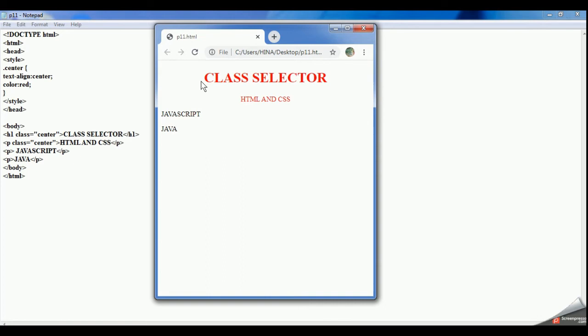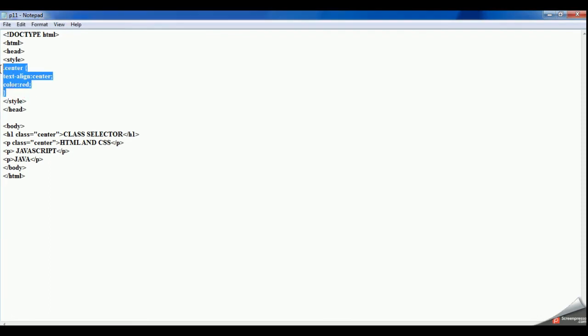So class means I am writing one specific CSS, and on which of the respective HTML elements I want the change, I will be using the class keyword, and then I will be using its name. So only those HTML elements will be changed, the rest will not be affected. Is that clear? So till now I have shown you three things.